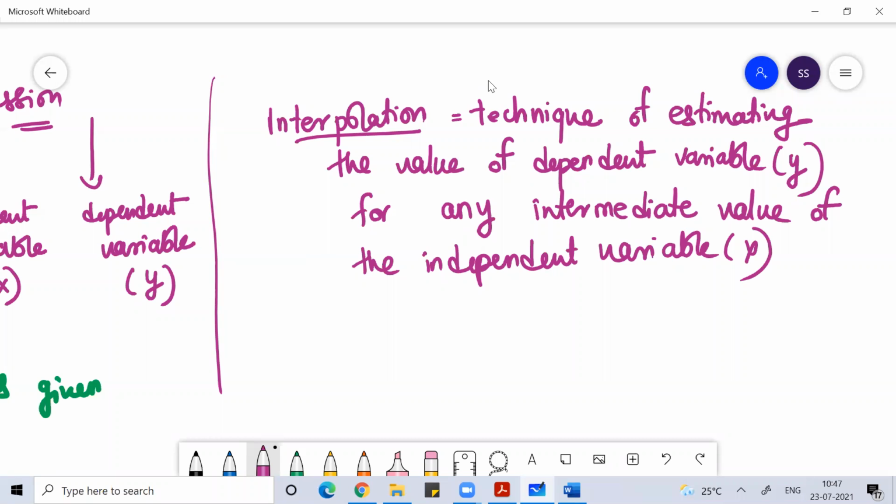Clear everyone? Normally in mathematics we represent the independent variable by x and the dependent variable by y. Similarly, if I ask you what is extrapolation,